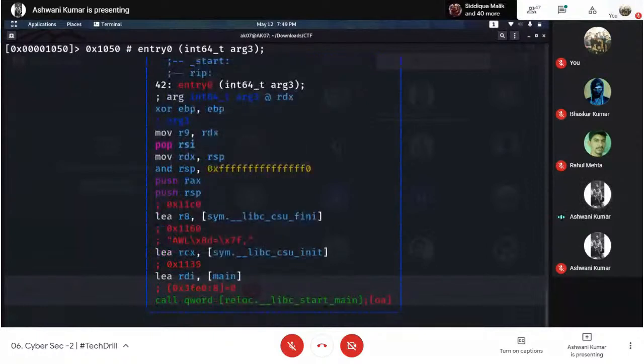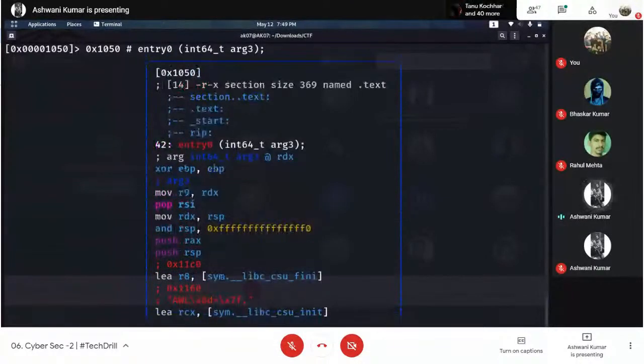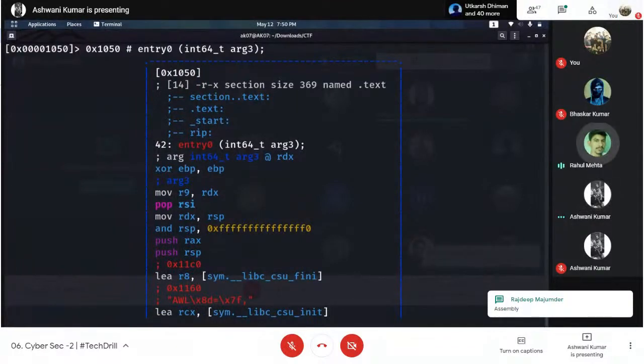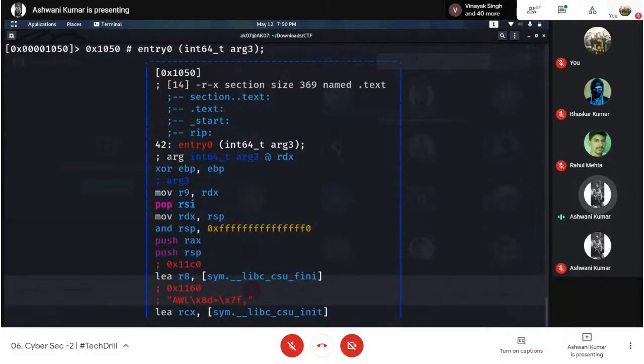In this you can see all the functions. What kind of language is this, may I know? Anyone? Assembly. Yes.